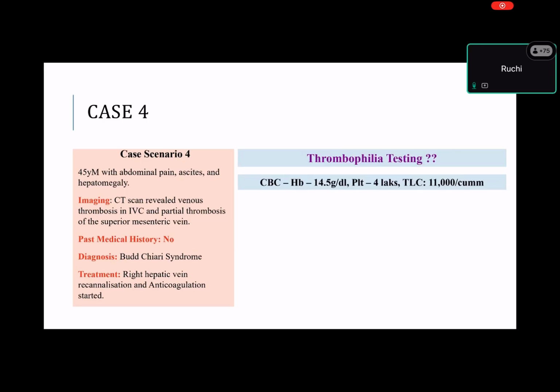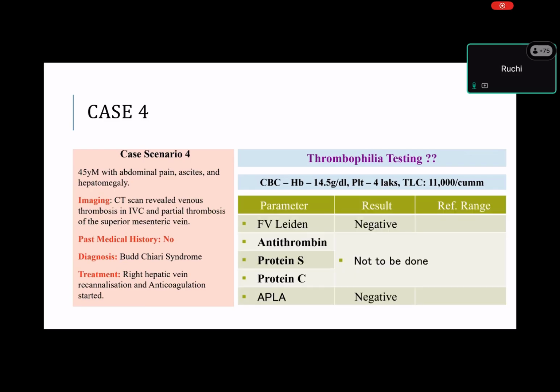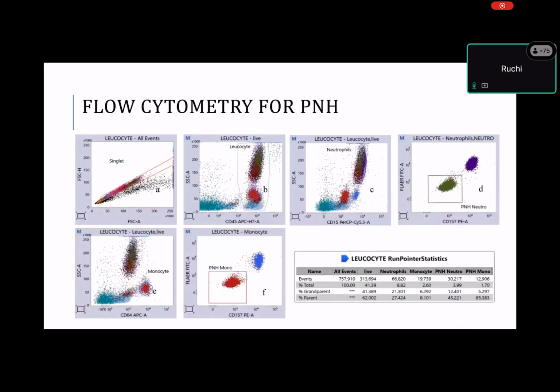The CBC showed a hemoglobin of 14.5, platelets 4 lakhs, and TLC 11,000. The rest of the routine workup was negative, and hepatitis and APLA are negative. So this kind of patient can turn out to be PNH positive. This is how, even in the acute stage, you can go ahead and do flow cytometry and identify the clone size. It is said that if the clone size in the neutrophils is more than 50% in PNH,